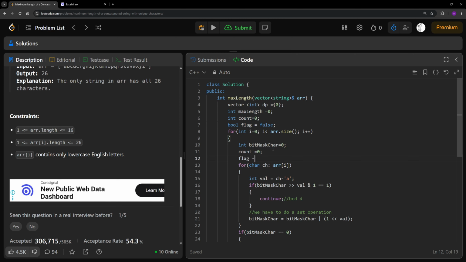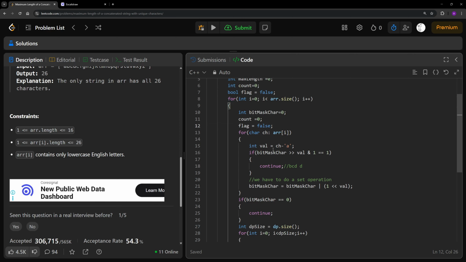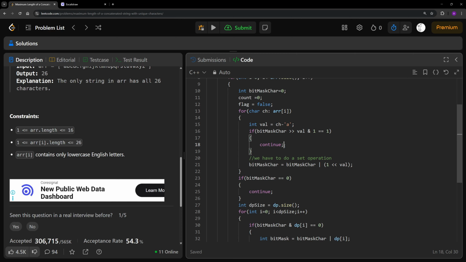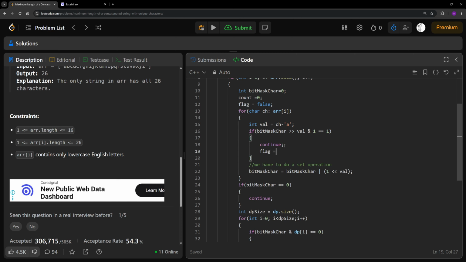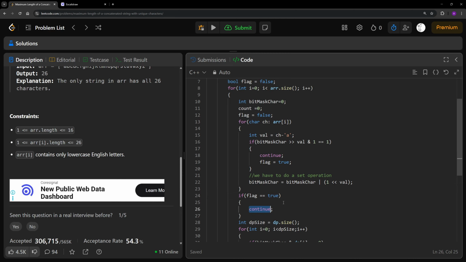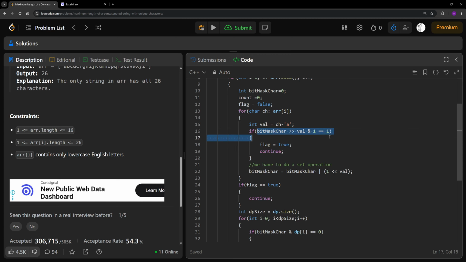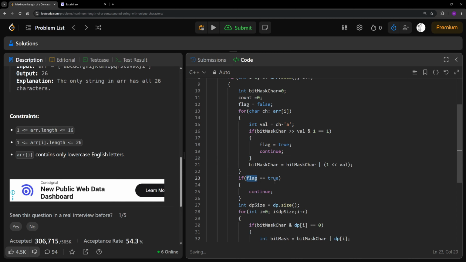इस bool flag को हमेशा false कर देना एंट्री से पहले। यहाँ पे flag को true कर दो, and यहाँ पे this is a more better. This is why I don't like using variables to see. So basically, at this point, I will break, I have to put it first here. And at this point if the flag is set, I will set the flag as true and then I will continue. So as soon as I detect a duplicate, I will just exit out of here, because there is no point of storing or processing this duplicate.